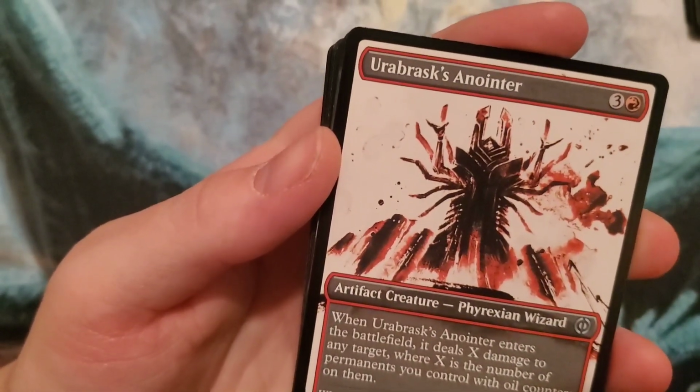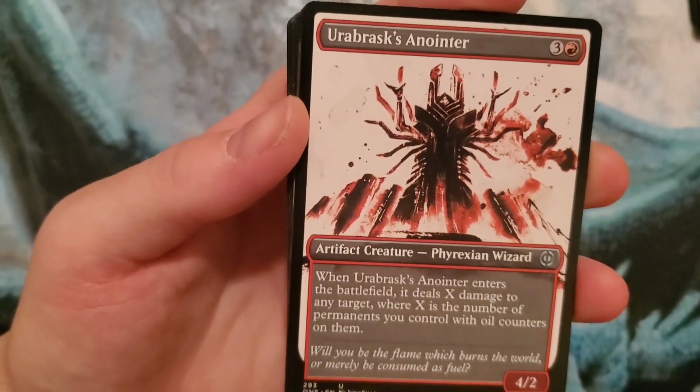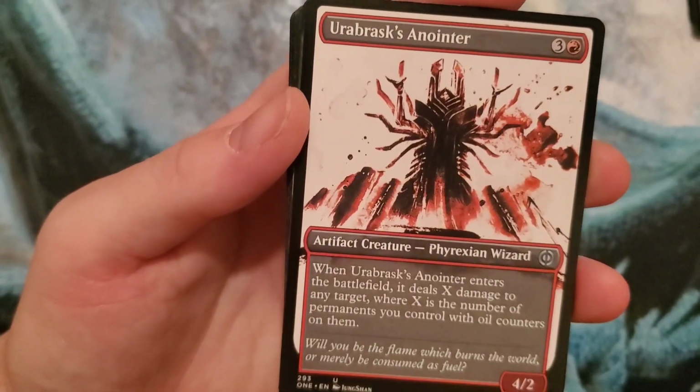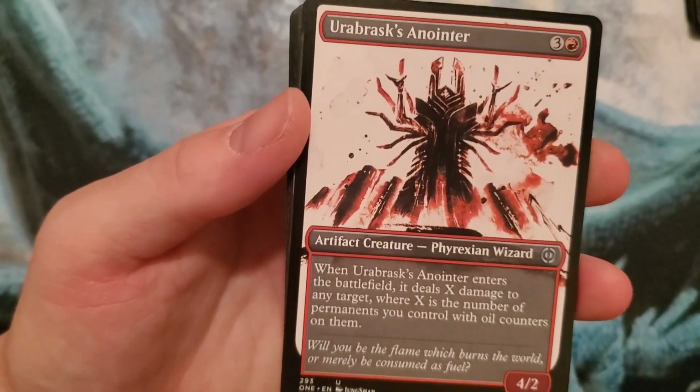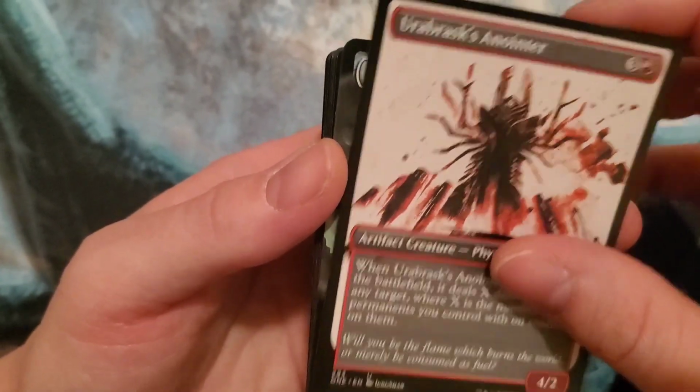Abraska's Anointer. If I remember, this was a bad one, dude. It's a 4/3 artifact Phyrexian wizard for 3 and a mountain. And when it enters the battlefield, it deals X damage to any target, where X is the number of permanents you control with oil counters on them. Yeah, if you're building an oil deck, which I did. I built an oil deck. I had this guy in there, but...